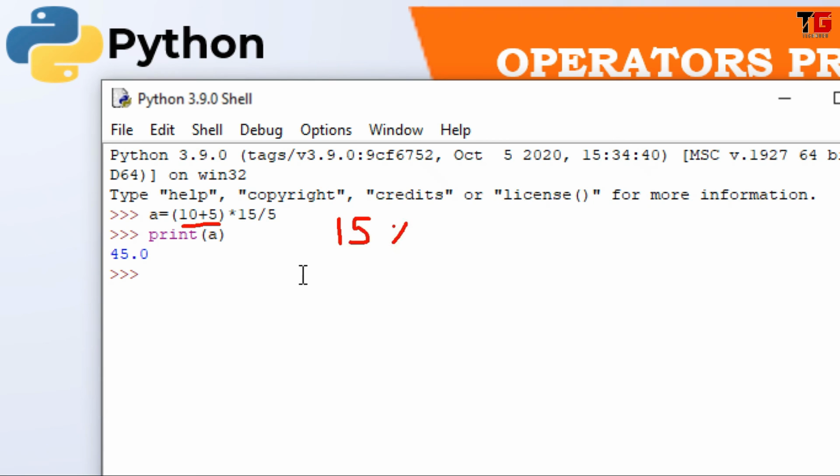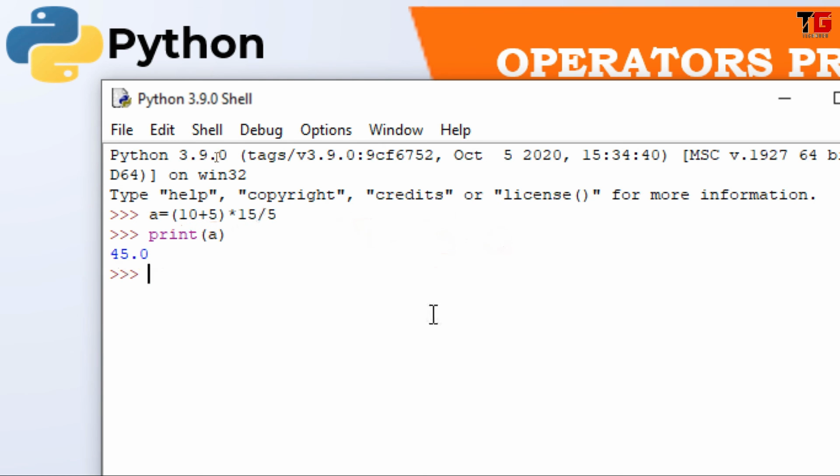Then we have multiply sign. After that, 15 divided by 5 will be calculated. 15 divided by 5 means 3, and 15 3s are 45. And friends, this 15 divided by 5 will give the float value 3.0. That's why we are getting 45.0 here.